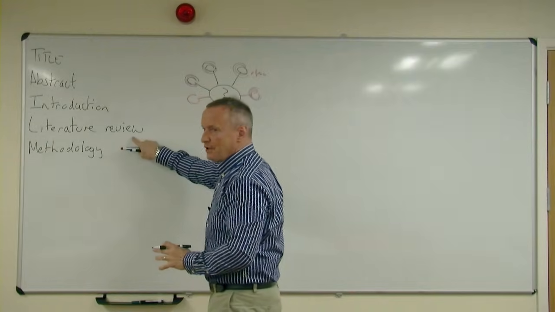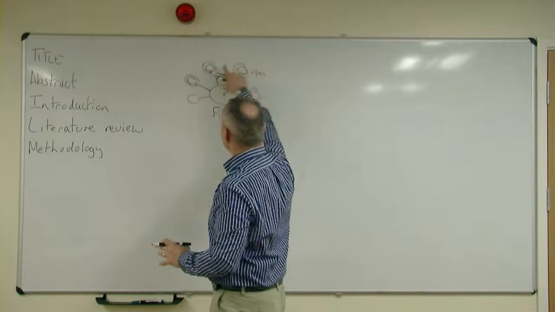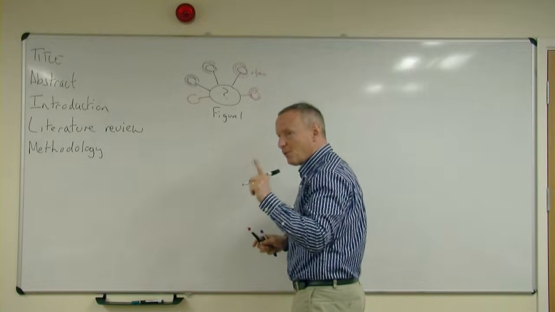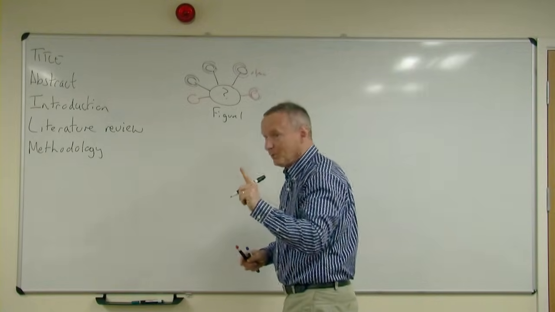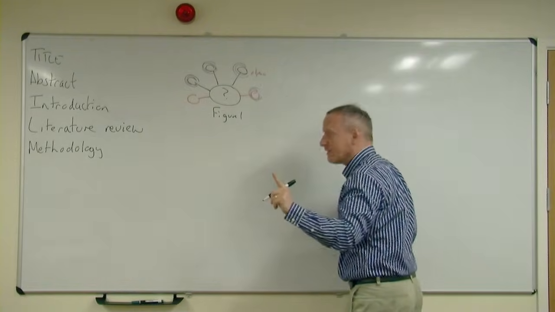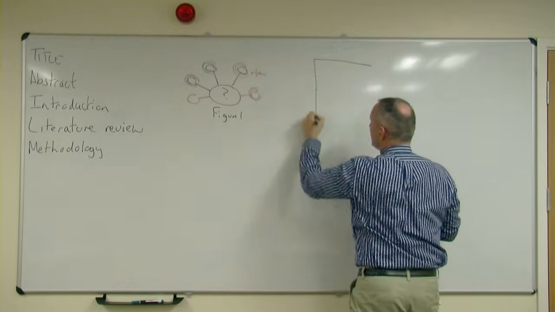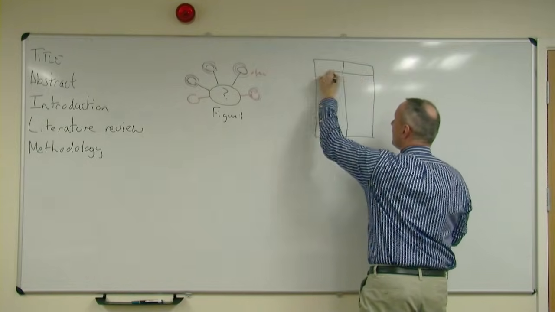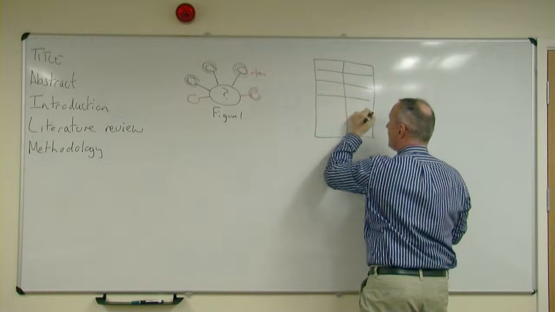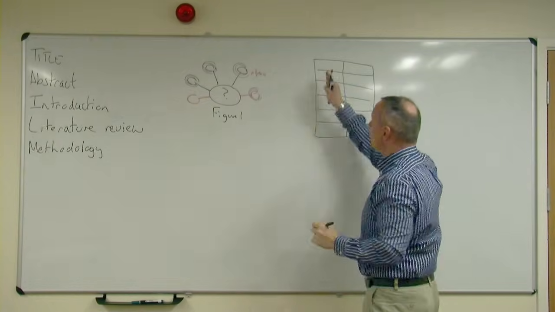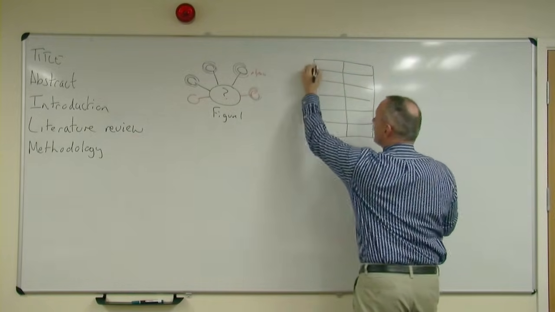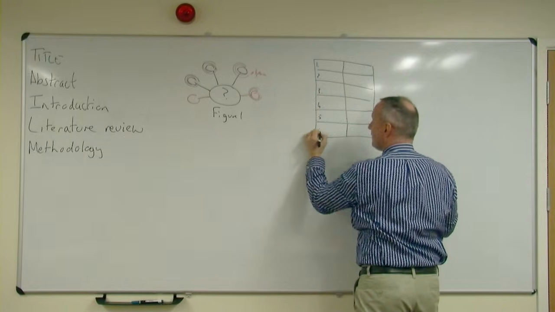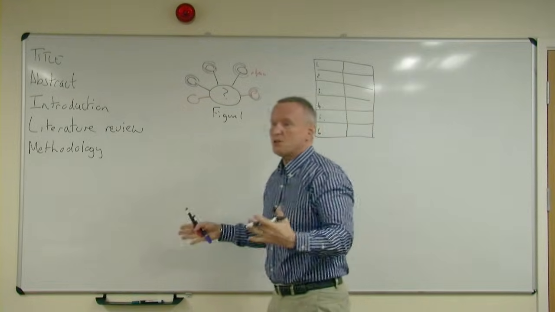Having looked at your literature review, which has identified key themes, you will then develop a set of questions. And this is what most students don't do, and they're missing out on marks. What they need to do is develop a table. And on the left-hand side, you will write your questions. Questions 2, 3, 4, 5, 6, up to 15, 20 questions.